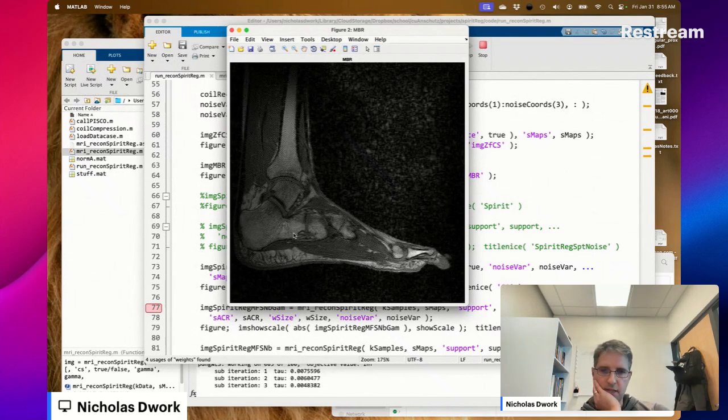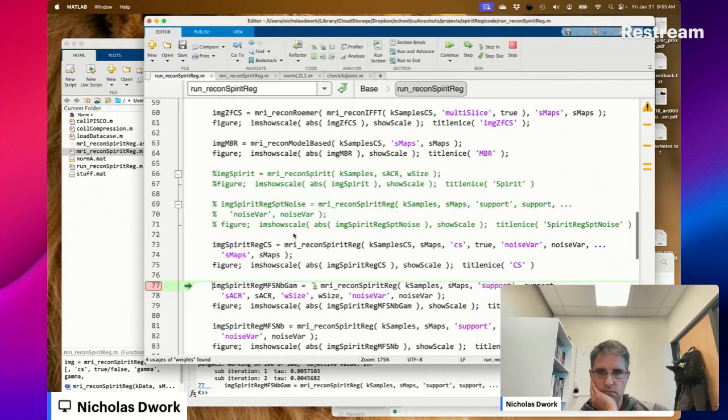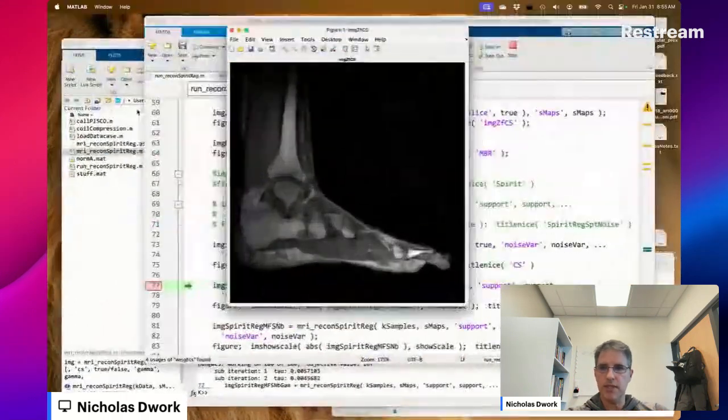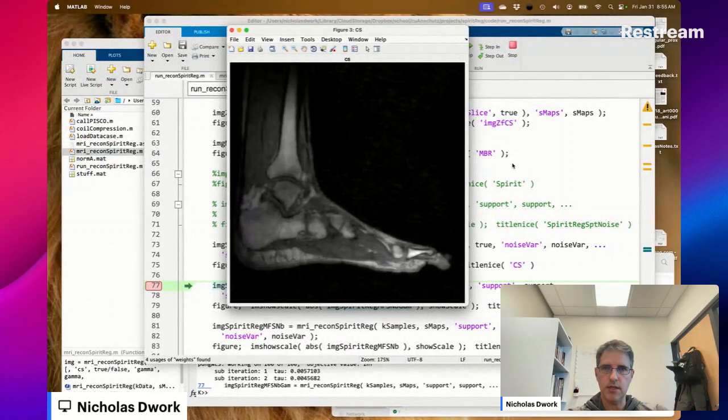I wonder if conjugate gradient is just gradient descent of the conjugate function. That's the compressed sensing reconstruction. That's the zero filled. Ooh, that's a subtle difference. In fact, I don't see a difference. Why would that be?